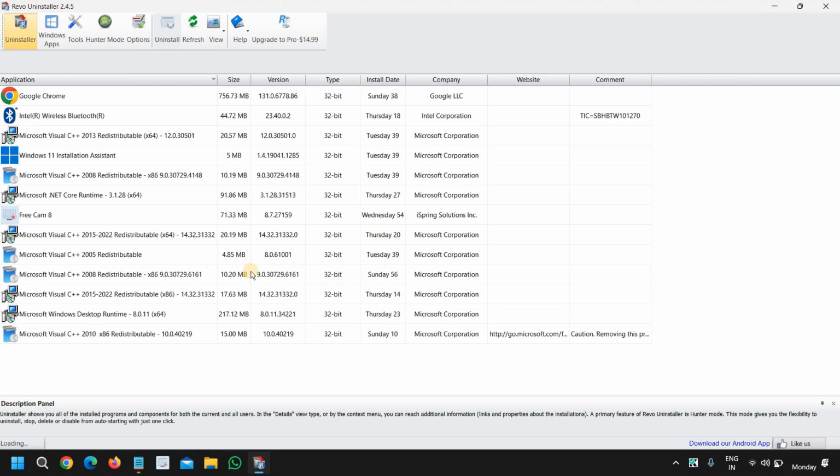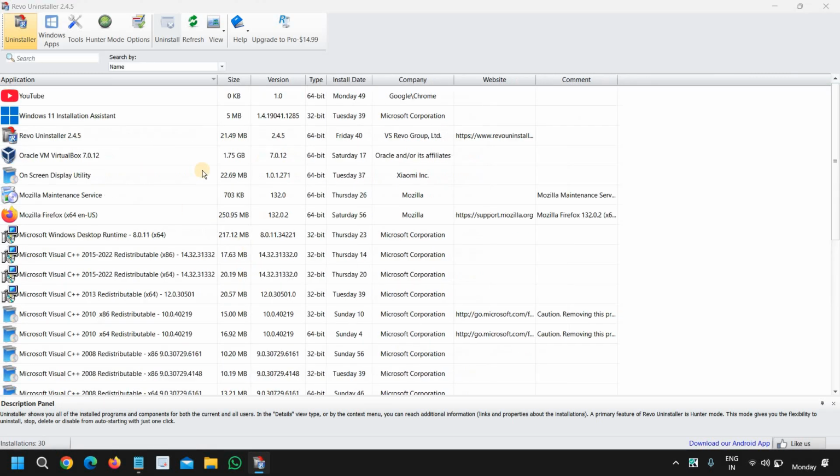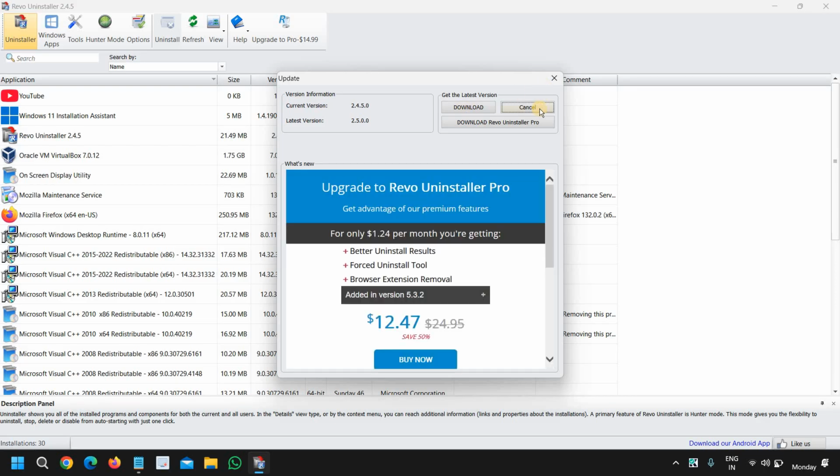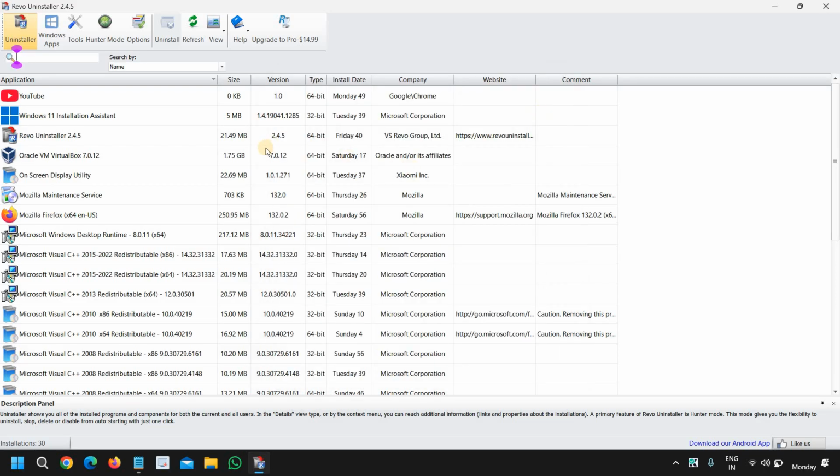It will ask you to say yes, and the moment you say yes, it will look like this. Here it will scan your computer and you can download the latest version. Right now I will not do that because I'm going to scan. So here you will find all the unwanted and important applications, and if you want to uninstall anything like